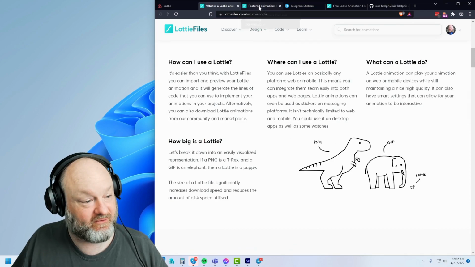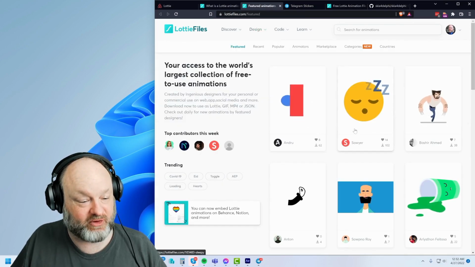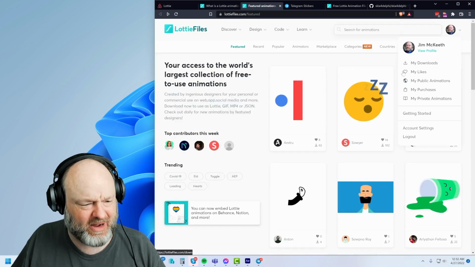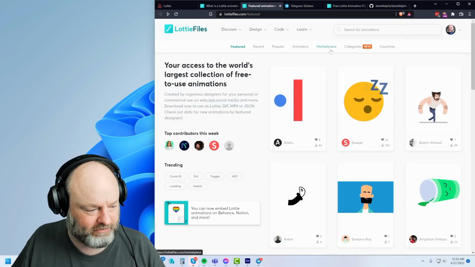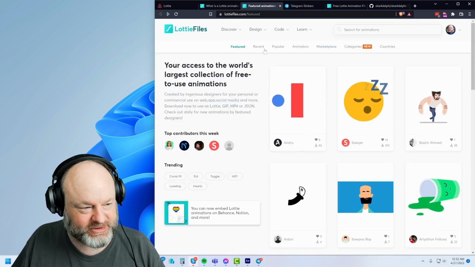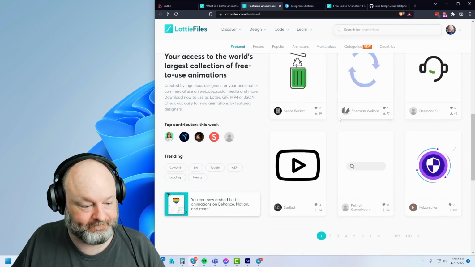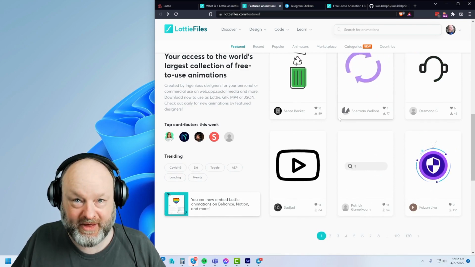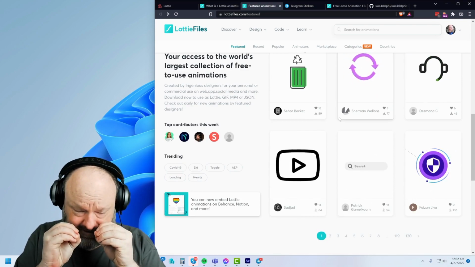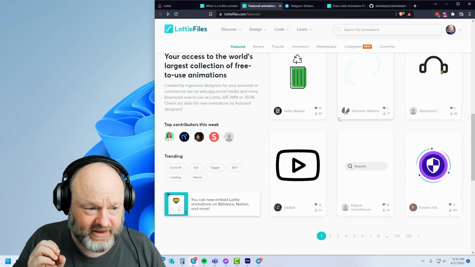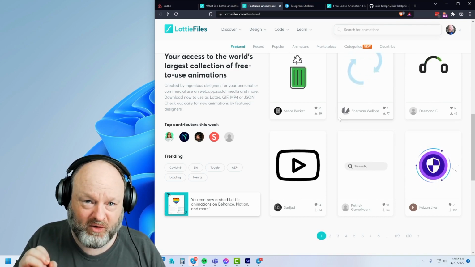Now, they have animations you can browse, and they're all free. They do have links to a marketplace where you can buy them as well. But if you just go through the browsing section, you can browse all these for free or search them or whatever. One of the cool things about them, they're really small file size, and they are the sticker format for